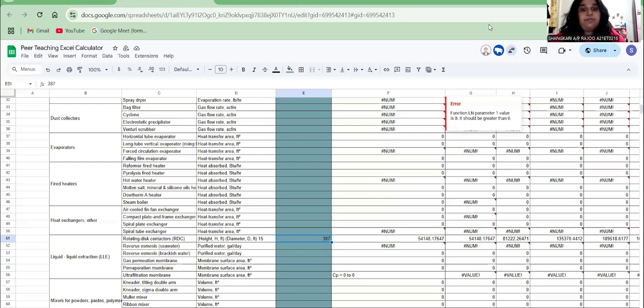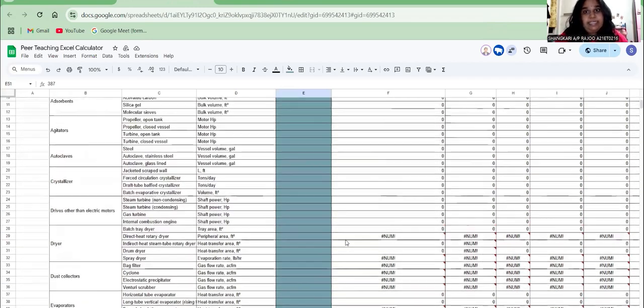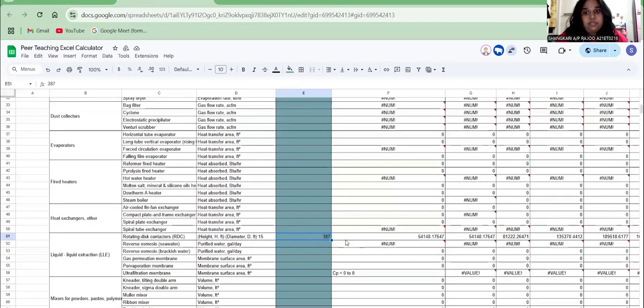Next, I'll be talking about purchase cost of other chemical processing equipment. Let's take an example of 16.15 from the Seader book, 4th edition, where the equipment being used is a liquid extraction rotating disc contactor, which is RDC. From the question, we get the S value of 387. Once you plug in the value of 387, you will automatically get the FOB purchase cost equation of